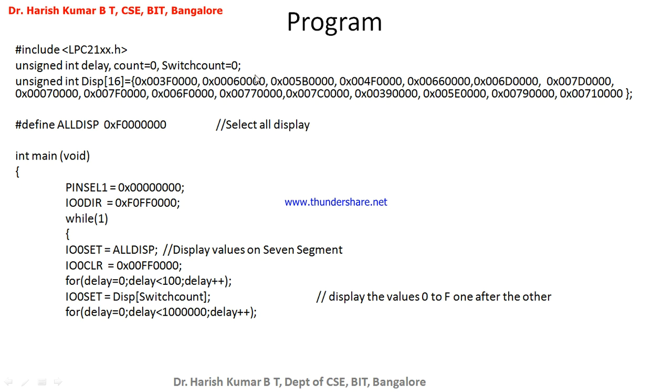And similarly, this is the hex code for displaying 1 on the 7 segment display. Similarly, this is the hex code. We have already computed 5B. The hex code for printing 3 on the 7 segment display. 4, 5, 6, 7, 8, 9, 10, 11, 12, 13, 14, 15 and 16. Nothing but 15. Now let me start from